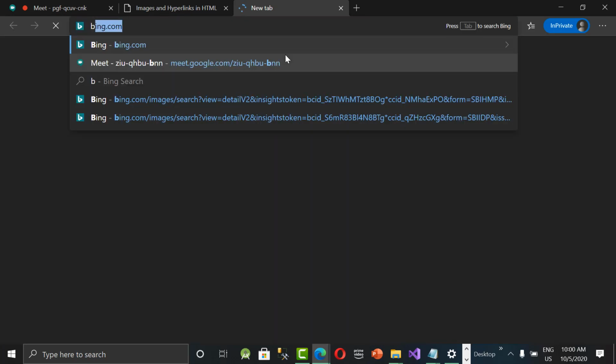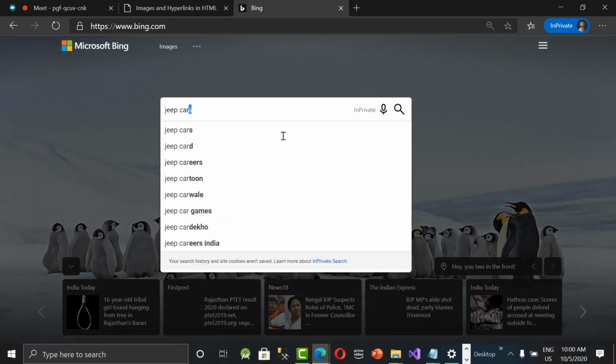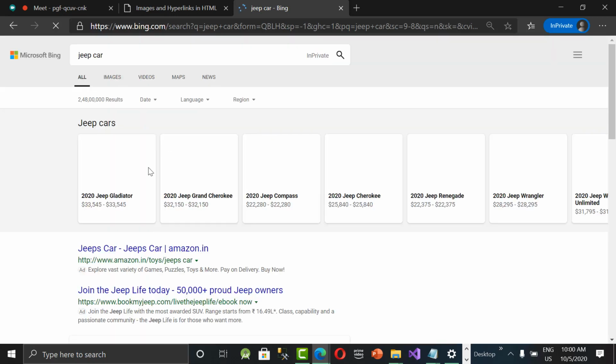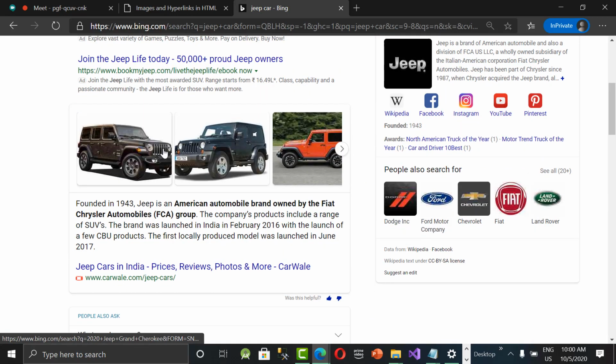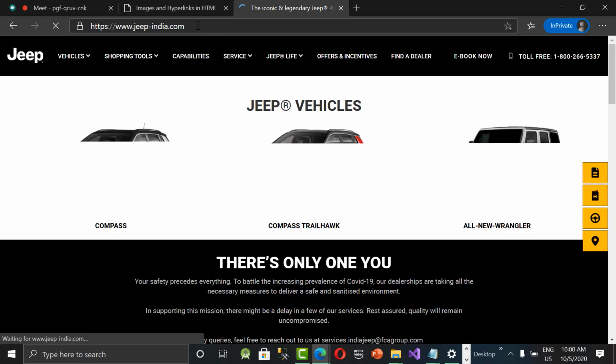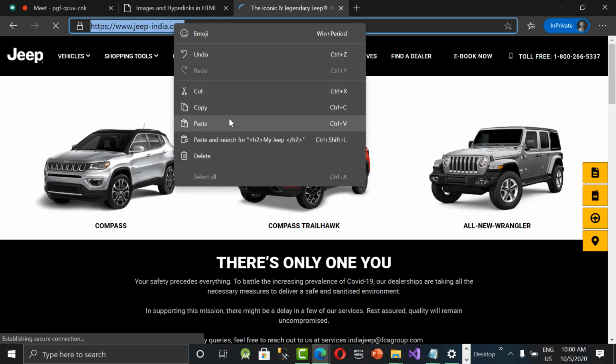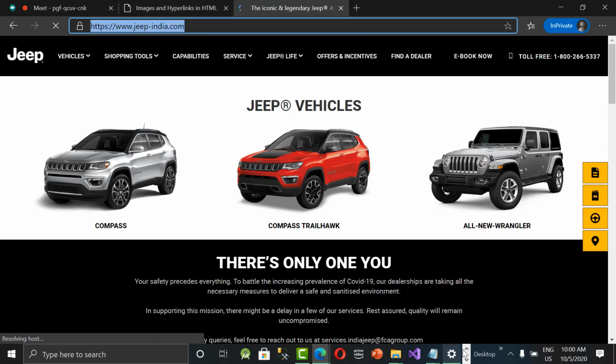Jeep.com, Jeep car. Yeah, jeepindia.com. Okay, I want to link to this particular URL. As soon as you click on the text, it should go to this web page. So what to do? Just select this, copy, and go to your HTML file.